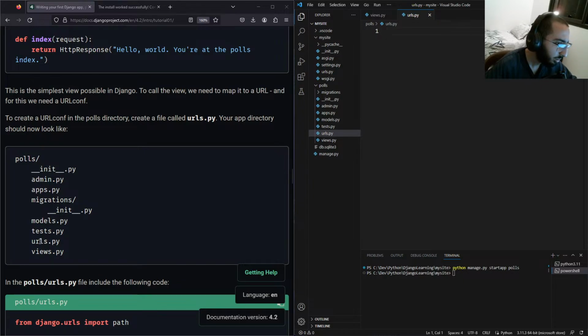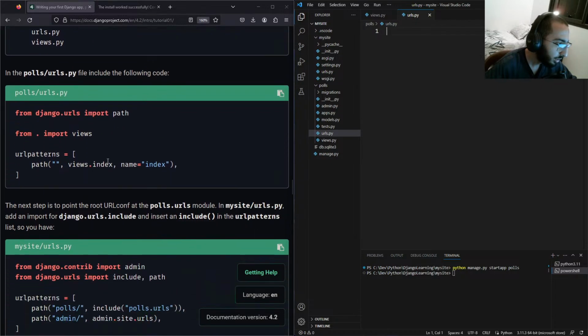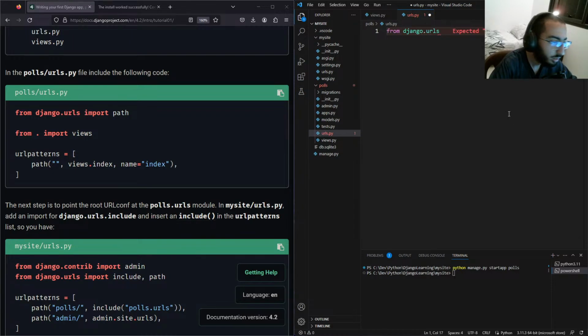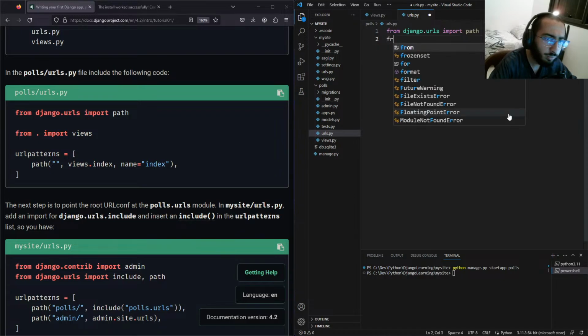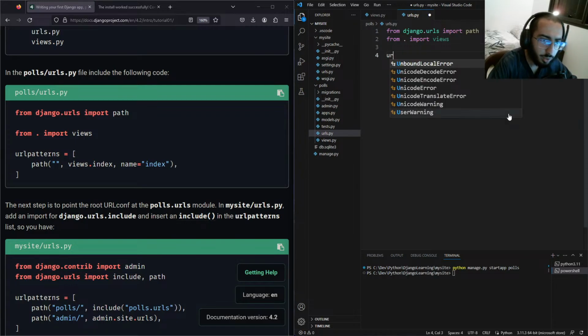And now, in the polls/urls.py, from django.urls import path. Okay. From . import views. What is the dot? I don't really remember. What does that mean? But